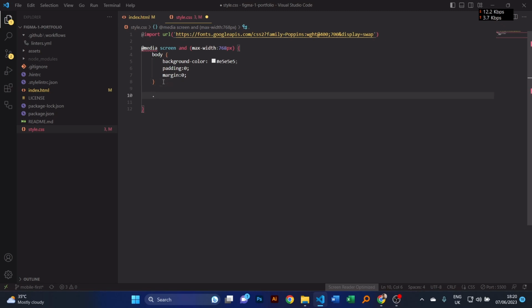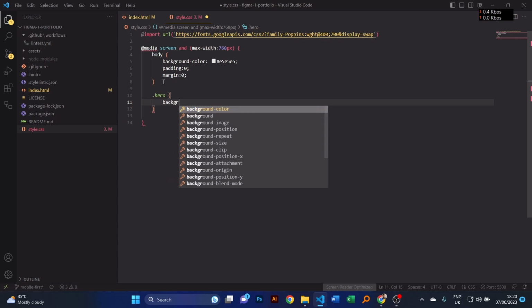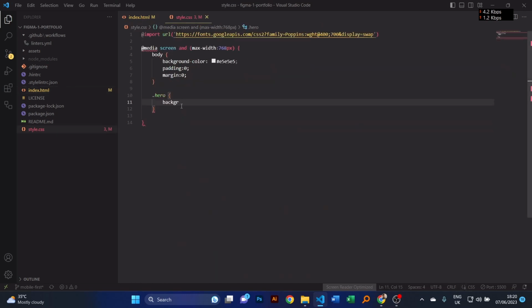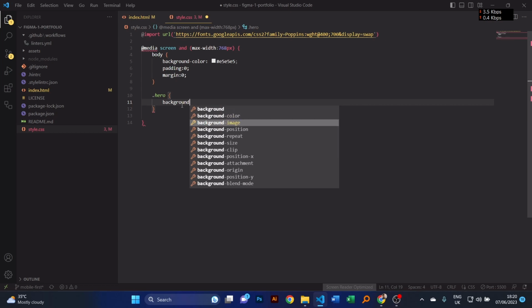So now let's work with the dot hero. So dot hero is a class. Dot hero is the class. So let's give it a background image first. Background image. Since, as you know, the dot hero class is the first section, that means this will work as the first section background. So background image